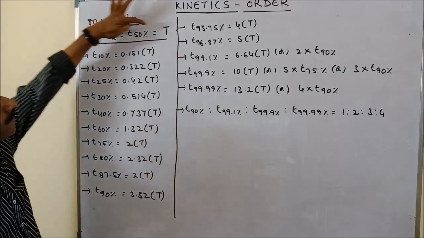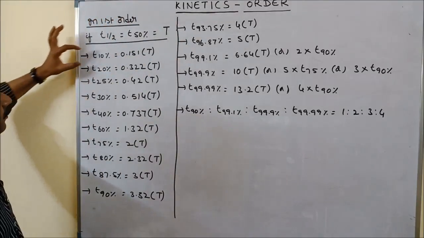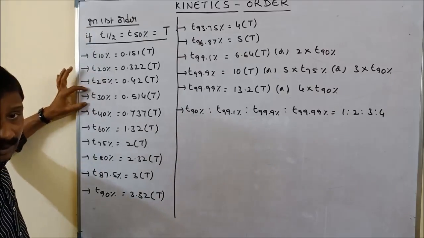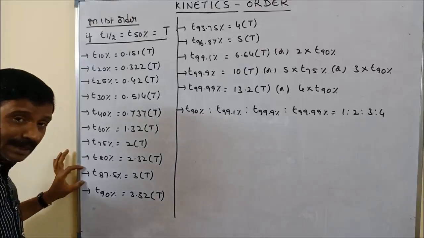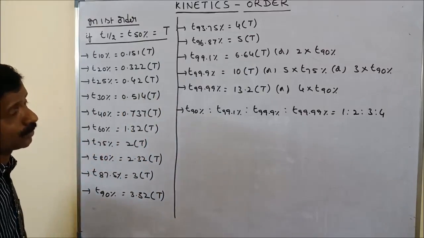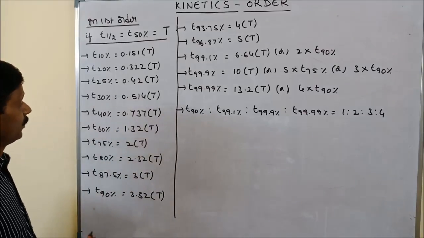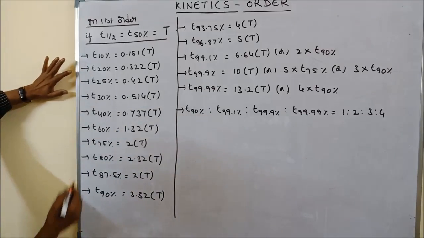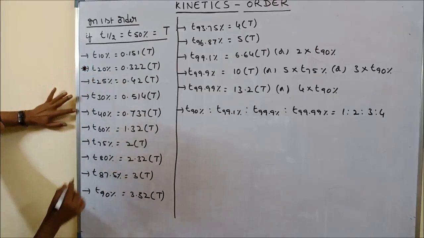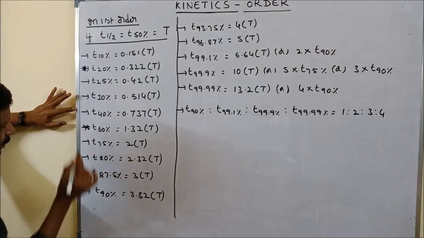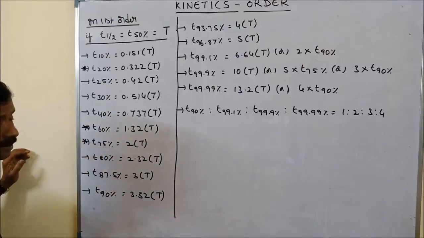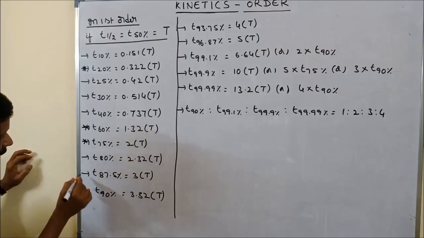If half-life is T, then what is the time for 10% completion or 30% completion or 90%? So like this we calculated, and I am giving those values in front of you. Now among all these, here is one important relation, T20 and T60. T75 already, that is a well-known relation, 2 into half-life, and